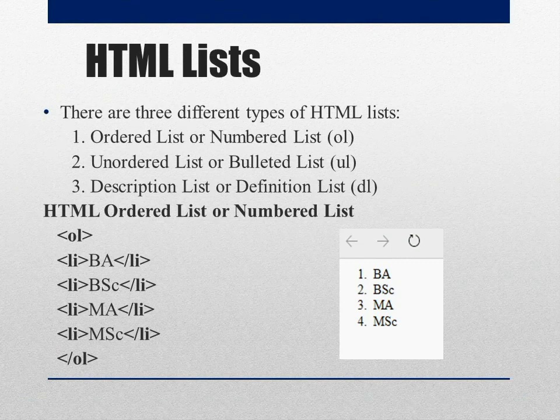Next is the list tag. Lists are often used to present information in an easy way. There are 3 types of lists in HTML. They are ordered list, unordered list, and definition list. If you want to put your items in a numbered list, then you can use an ordered list. This list is created by using the tag OL. OL stands for ordered list. One thing you have to remember is to use the li tag, that means list item, for representing each item. An ordered list is otherwise known as a numbered list. Here is an example of a numbered list.